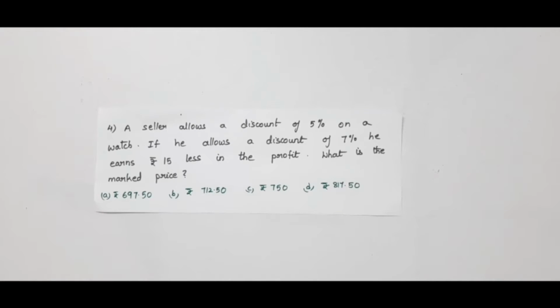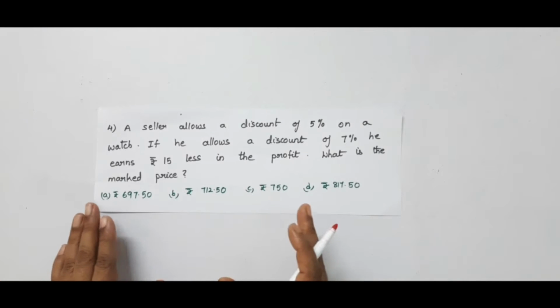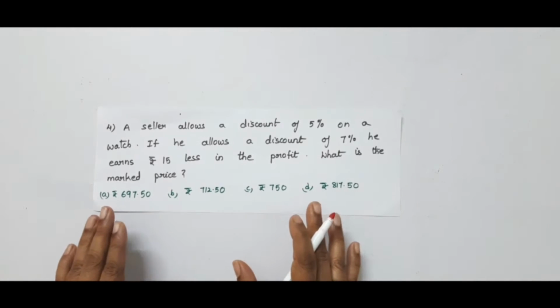Next problem. A seller allows a discount of 5% on a watch. If he allows a discount of 7%, he earns 15 rupees less in profit. What is the market price? Options: A 697.50 rupees, B 712.50 rupees, C 750 rupees, D 817.50 rupees. If this type of problem is given, that is, if they give different discounts and the profit and ask for the market price,